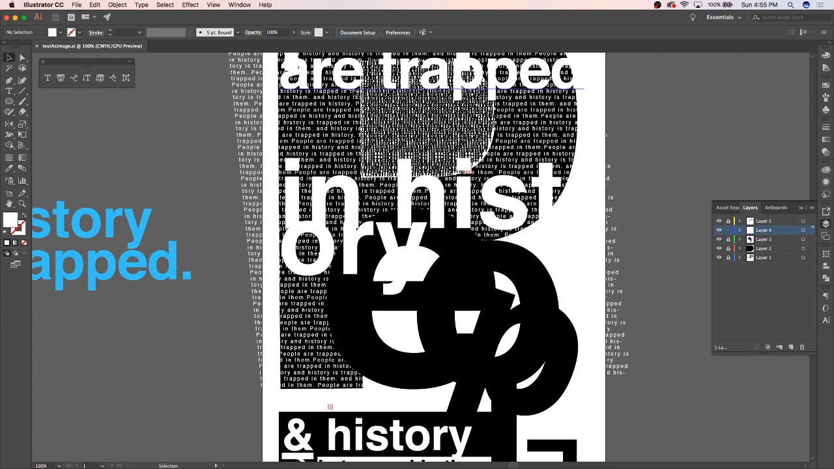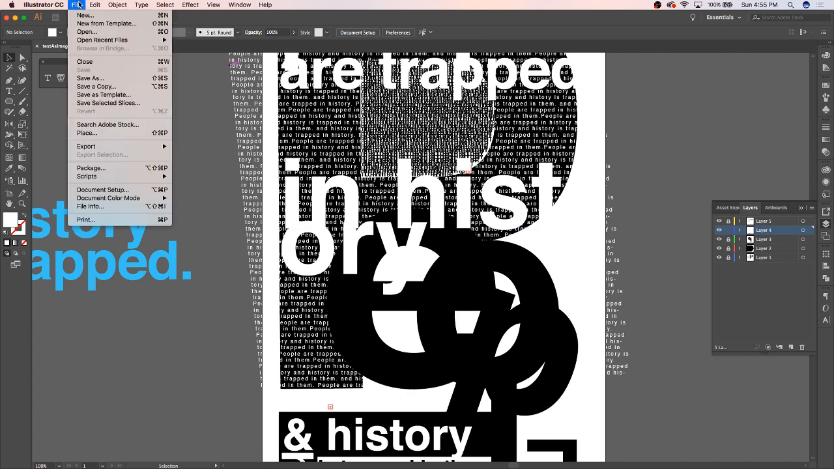So to do this, I'm going to go up to File, go to Export, and go to Export As. And remember, if you are working in CS6 or below, you need to go to File, Save for Web, and that will be under the save area. It will not be under export. But since I'm in CC versions, I'm going to export as,